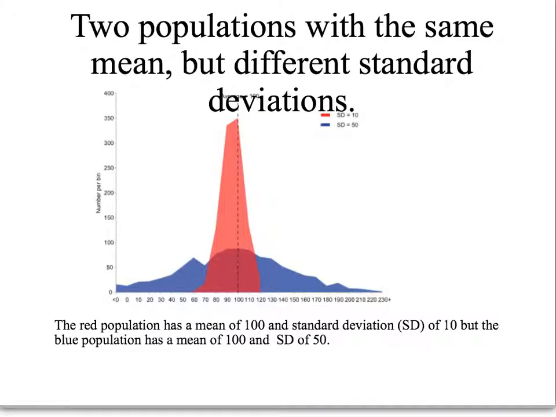Okay. Here's an example of 2 different standard deviations. Both of these populations, the red and the blue, have a mean of 100. You can see down the middle there, the mean is 100. But in the red population, if you divide it into 3 parts, you can see they are very narrow parts, and that standard deviation is only 10. Whereas the blue, if I go from the mean and divide that into 3, my standard deviation is 50 for each.